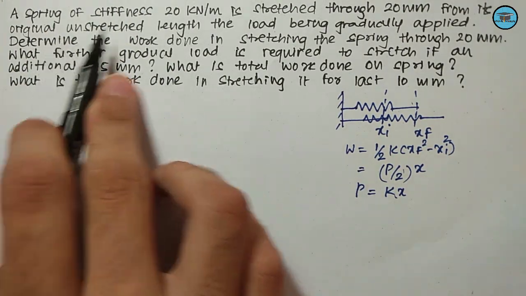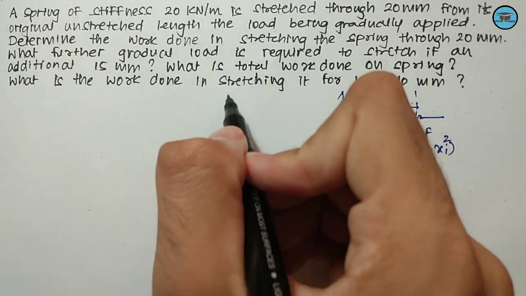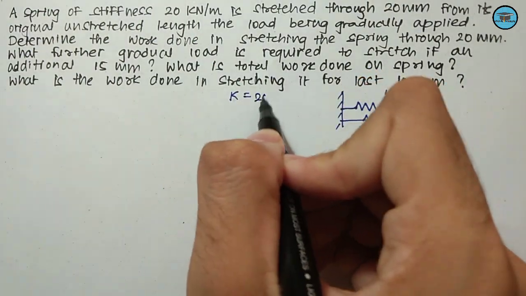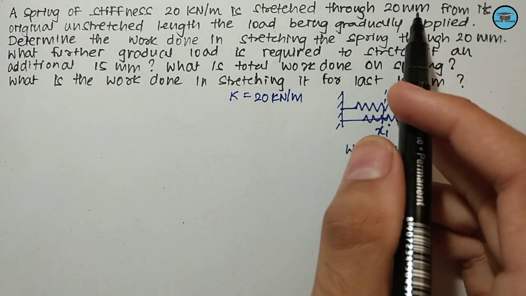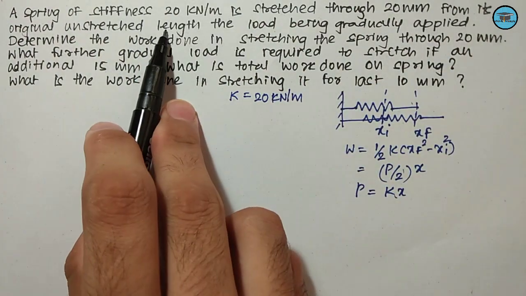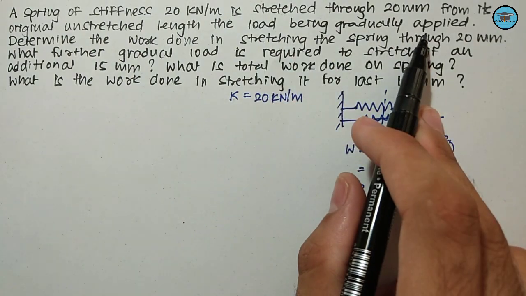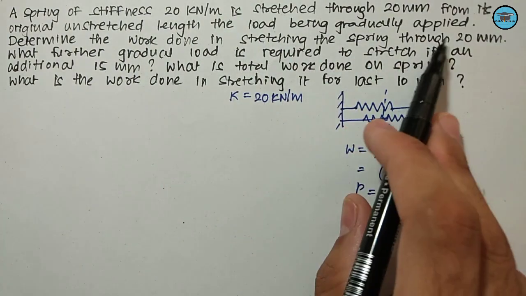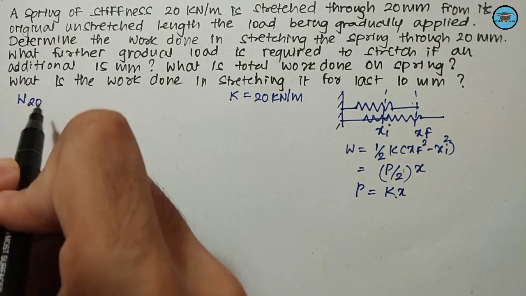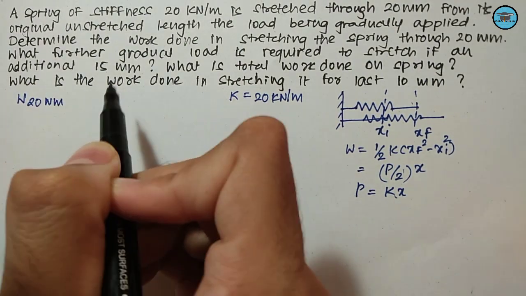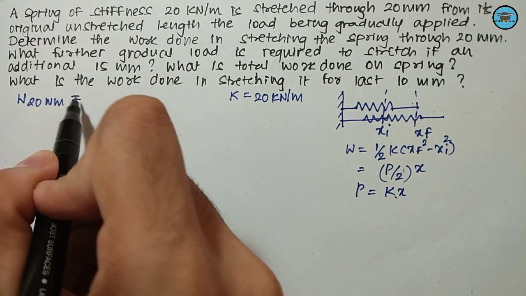So the problem consists of a spring having stiffness K, that is given as 20 kilonewton per meter, and is stretched through 20 mm from its original unstretched length, and the load is being gradually applied. We need to find the work done in stretching the spring through 20 mm. So work done in stretching the spring through 20 mm from its original length can be given as P